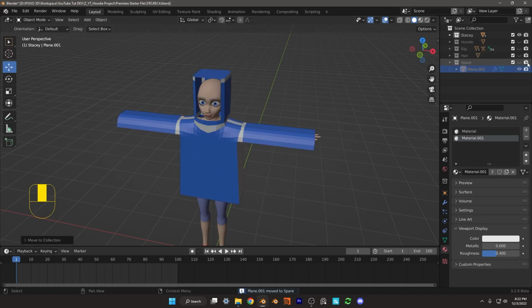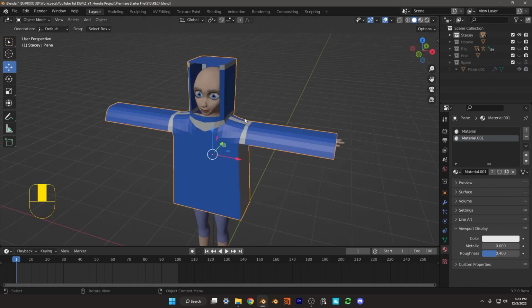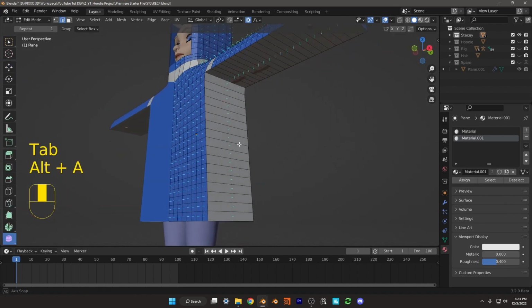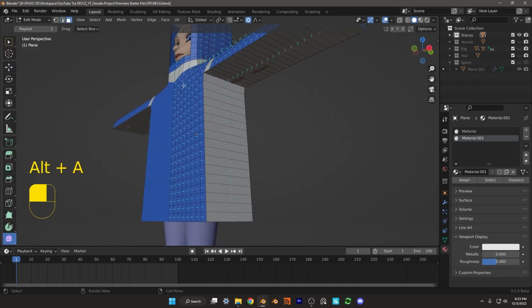And now we can hide that and also turn it off for the render. So now we just have a backup in case we mess something up. It's always a good way to work like that. We're now going to tab into edit mode, and we're going to go to our face select, and we're going